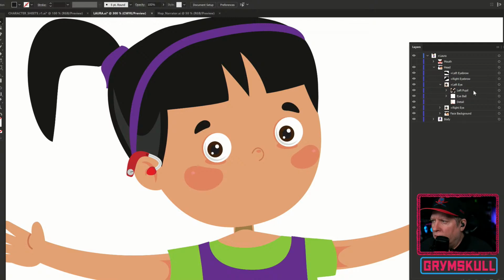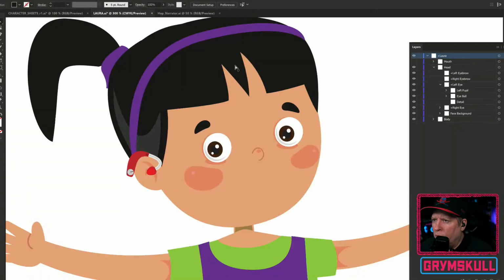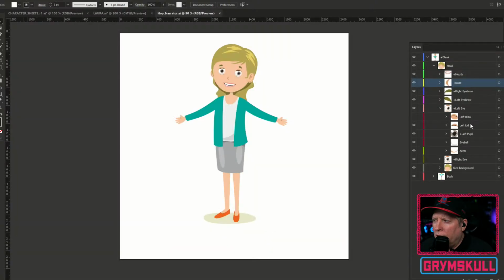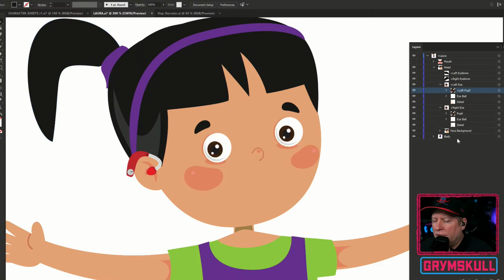We've got a pupil. I think the pupils, yes, those need to be able to move independently, but because they are within, let me check. Yeah. We need to put a plus there, and then a plus on the right pupil.